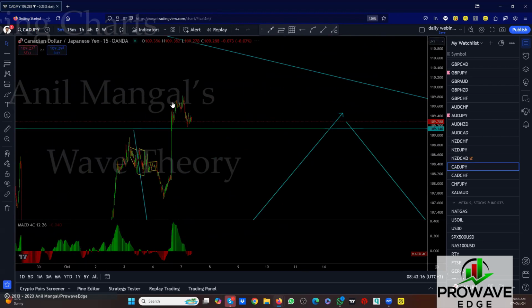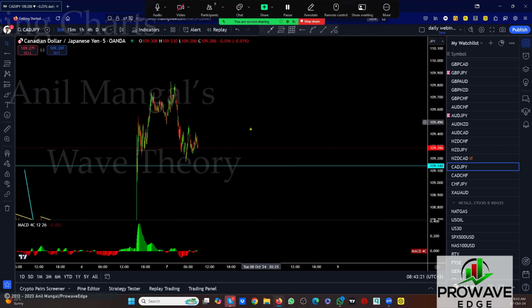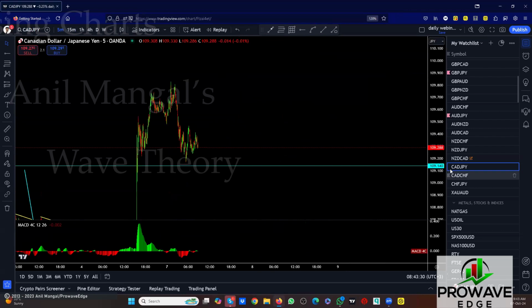I think this is a good one. The drop is really nice. Got a big drop and you're consolidating in the bottom of it. So all the consolidation is here. Let it come back here and then go back up, and then we look for the sell. So look for a sell setup.